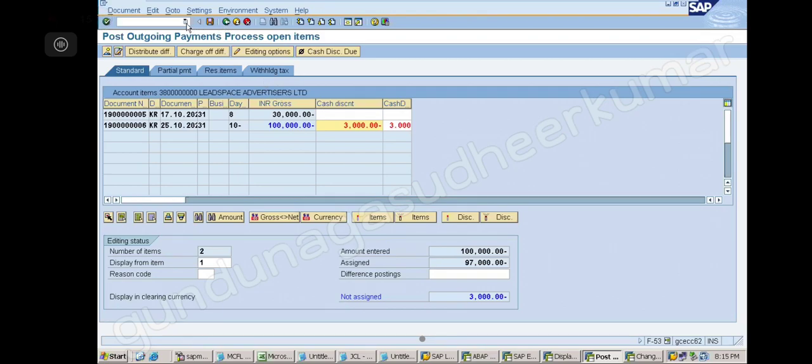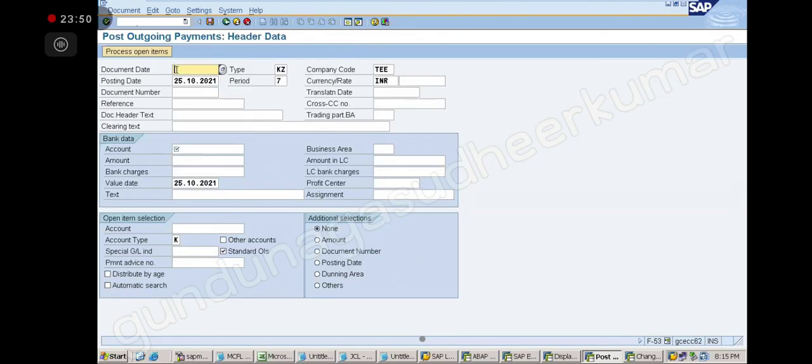Suppose I am paying after 10 days. 25th plus another 10 days, that is the 5th or 6th of November. Suppose I go to a future date and pay on the 6th of November, 06.11.2021. Now in the bank account I give 1 lakh again.